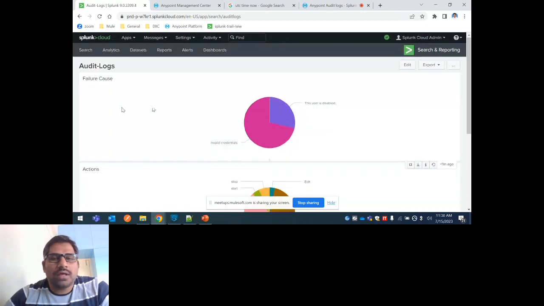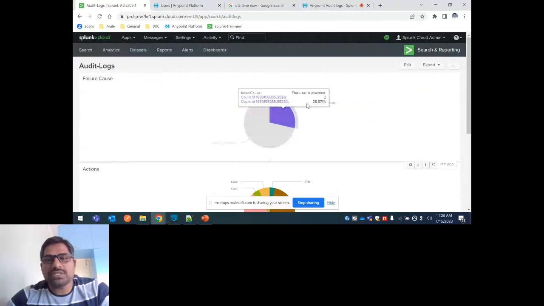Okay, sure. So I mentioned failure cause here. I deliberately gave invalid credentials, so that's why it's showing here, and I disabled my user. If I go to access management and users, you could see here that user 264 is disabled, but I tried to log in here, and that's why it's showing that the user is disabled. So I created one report and then added it to the dashboard. That shows actions like login, edit, stop,